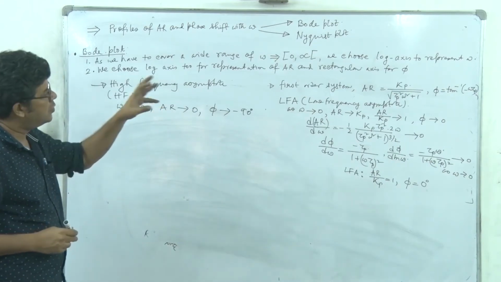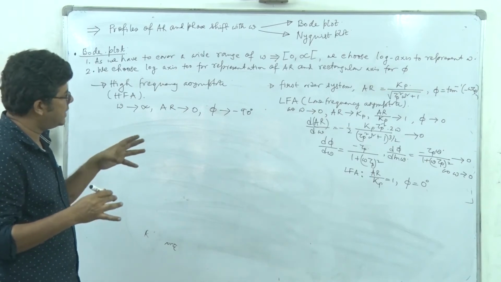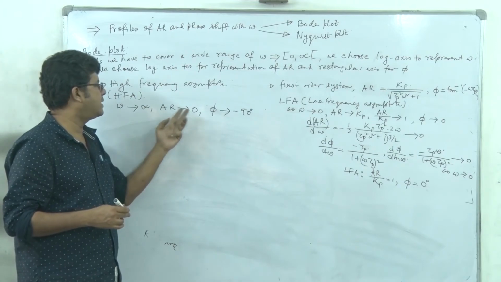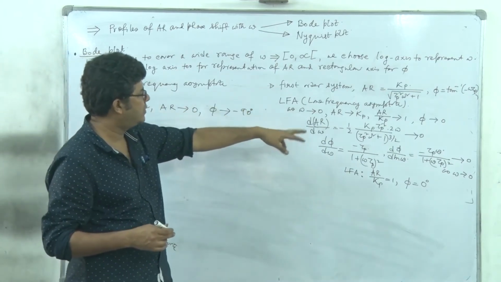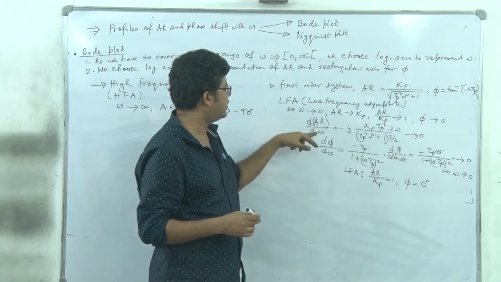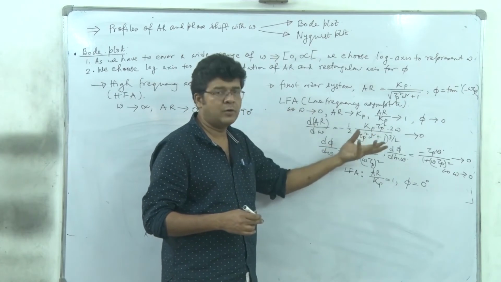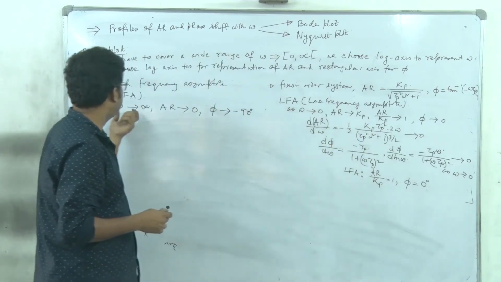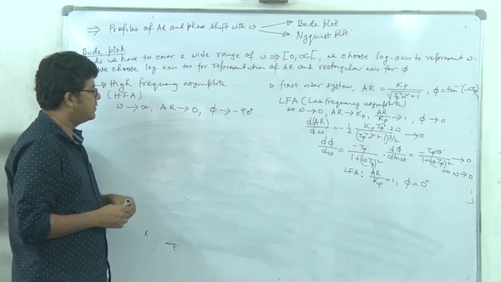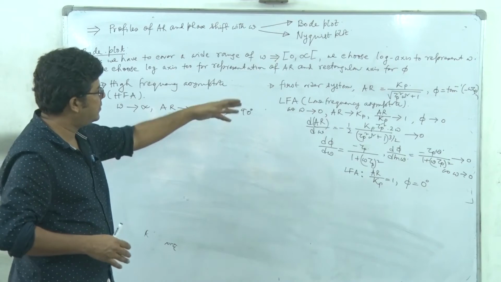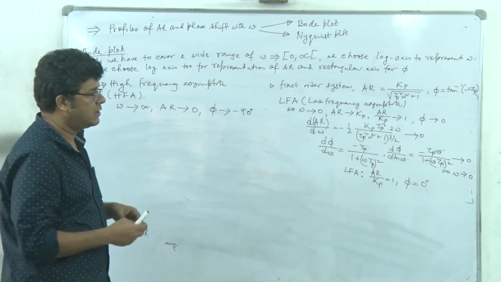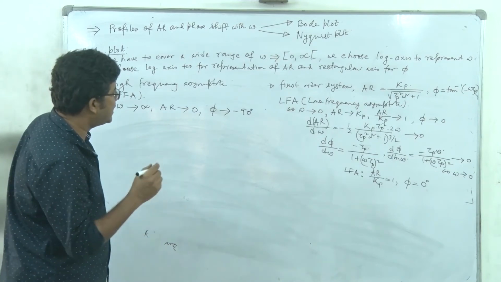What we have to do, we have to go for solving it more appropriately, because with omega tending to infinity, AR tends to 0, and if we find the slope, and if we convert it into log of omega axis, the slope will be tending to 0. But how come this amplitude ratio, as omega is tending to infinity, right? So if the slope is 0, then amplitude ratio cannot be equal to 0 everywhere. The slope must be something else. So how can we do that?